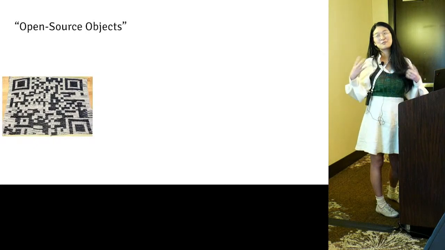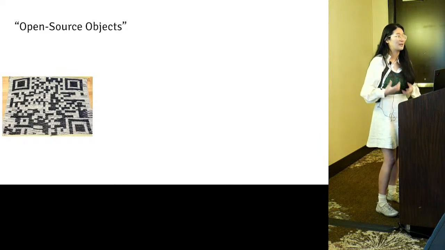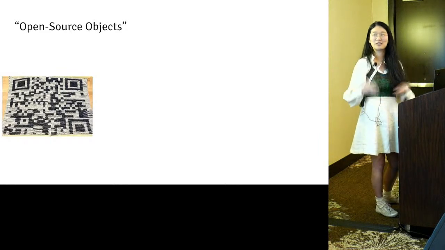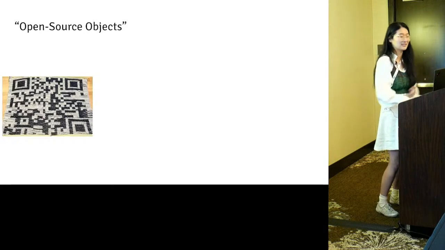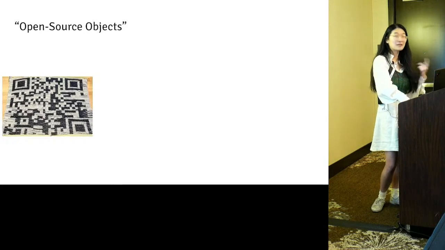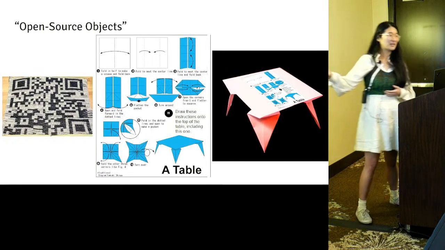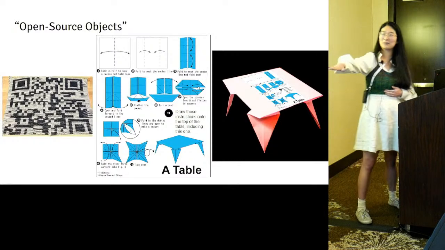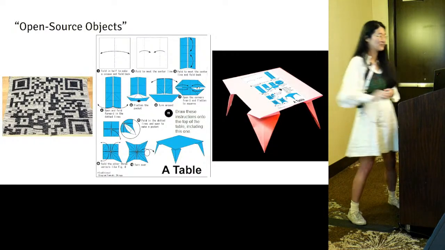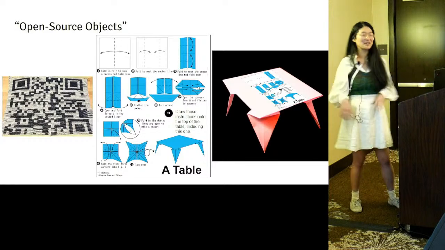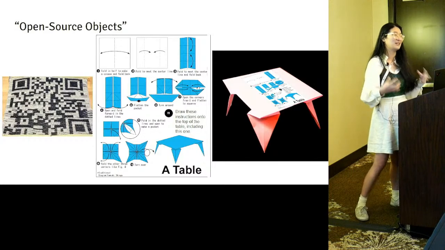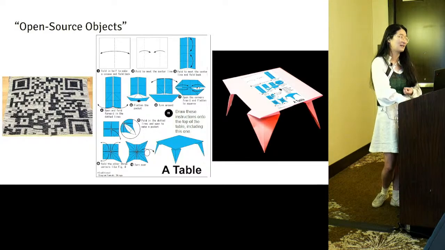But is that really the object carrying its own fabrication plan? This is relying on the infrastructure of the internet and everything that supports the World Wide Web. Another idea that we had is we could just draw the fabrication plan onto the object. So here's an origami table. I just put the fabrication plan on it. That definitely works. But I think we're not taking advantage of this really interesting perspective that applies to knitting,